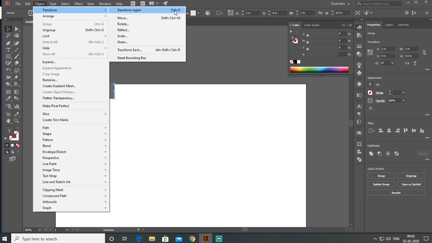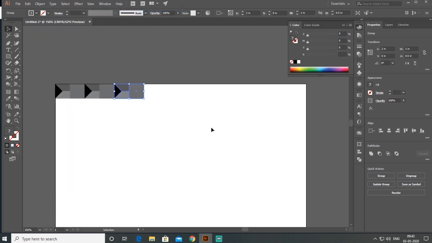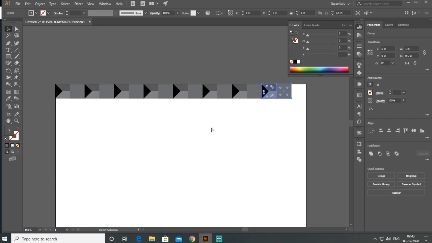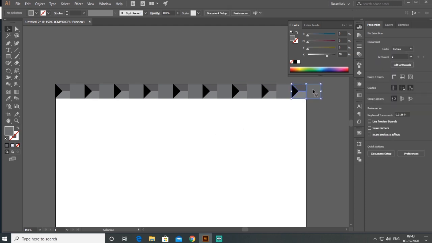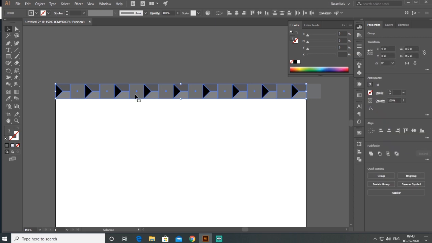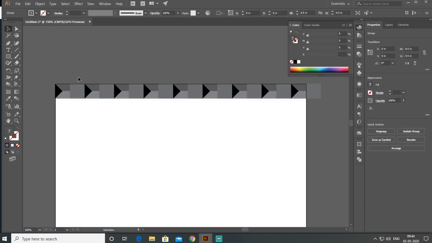You can also use the shortcut Ctrl plus D on your keyboard. Now I am using Ctrl plus D. Right click, ungroup, and delete the extra objects.